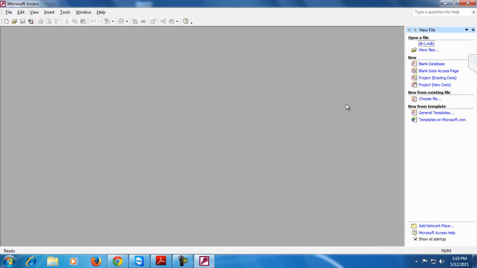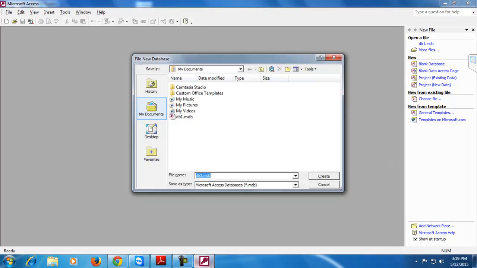Now, first of all, we have to create a database in MS Access, and to create a database, go to File, New, select Blank Database. You can select Blank Data Access Page, Project, Project New Data, or you can select an existing file also. But to create a new database, select Blank Database.